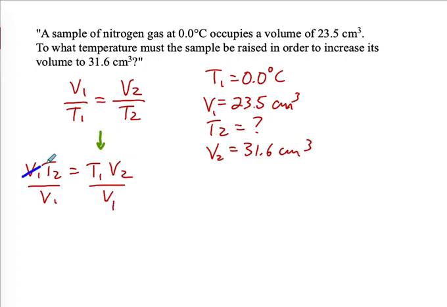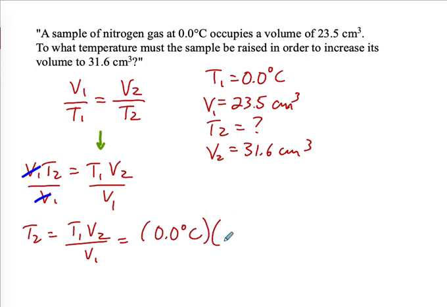V1 cancels, and I get my rearranged expression, T2 equals T1 V2 over V1. Now I can go ahead and plug in. My initial temperature is 0.0 degrees Celsius. My final volume is 31.6 cubic centimeters. My initial volume is 23.5 cubic centimeters. Plug in my calculator and I get